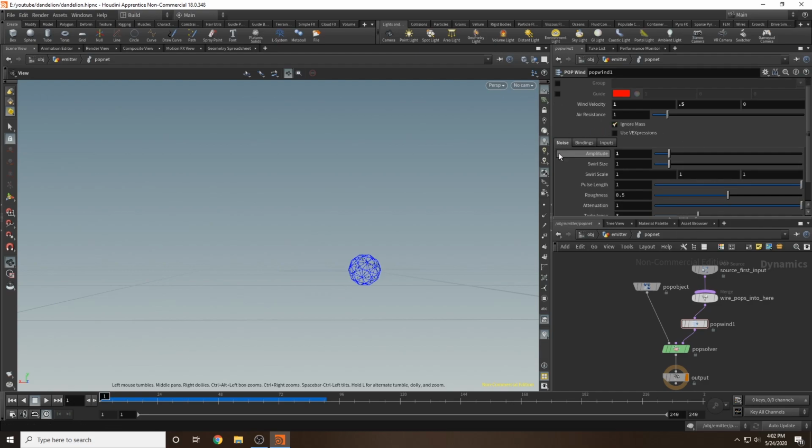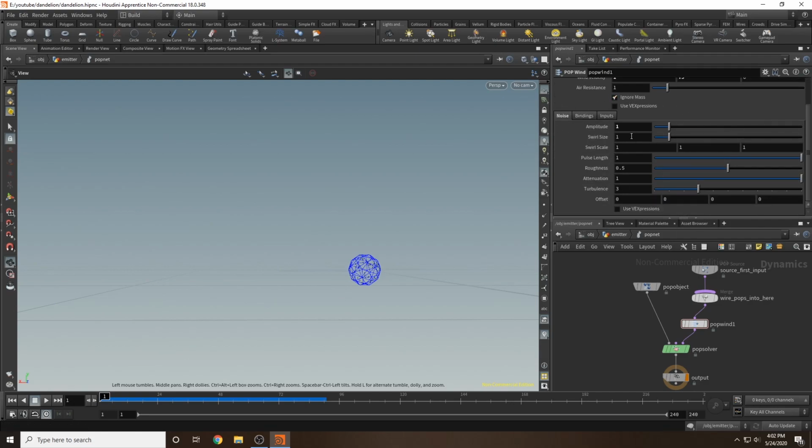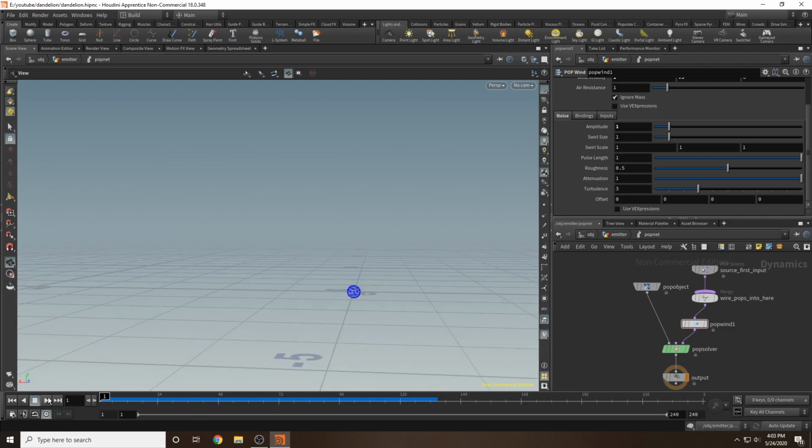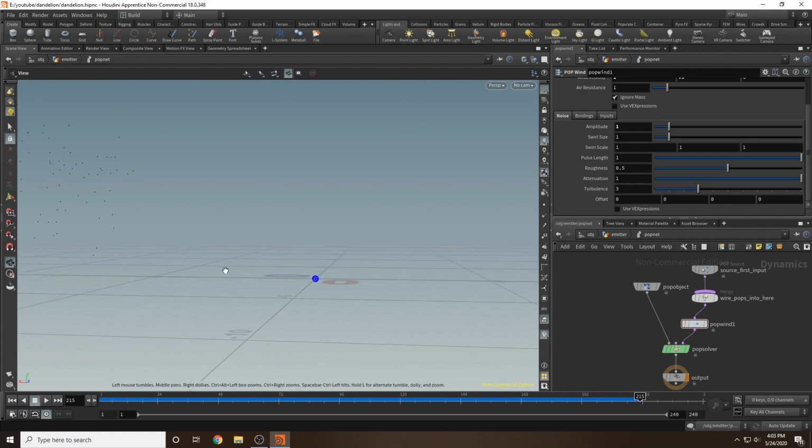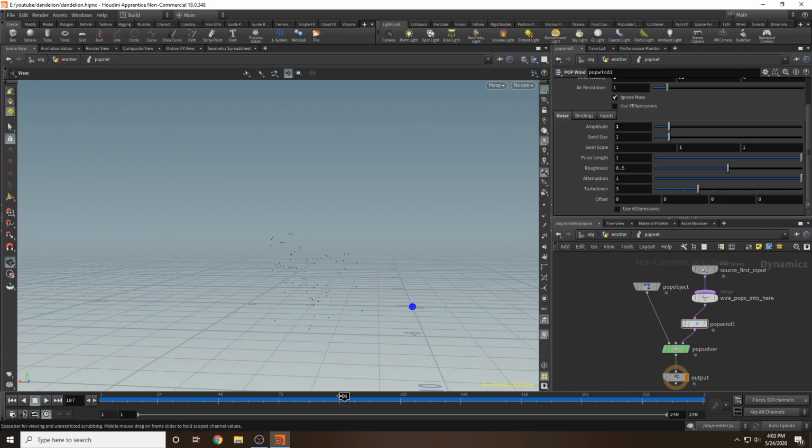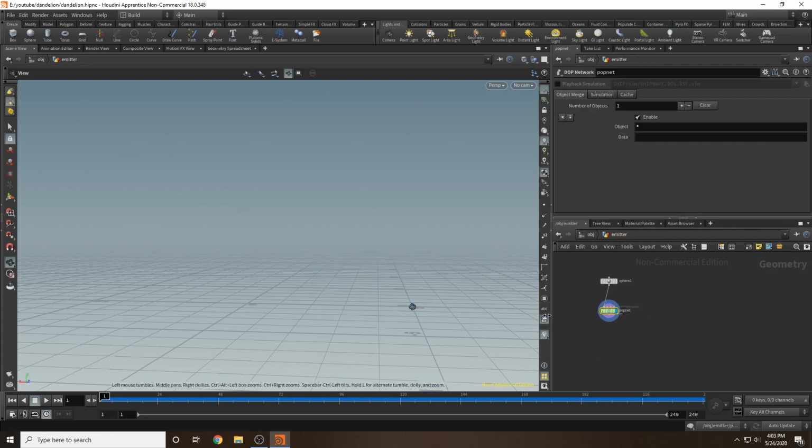If you want to change anything else, your parameters are right here. You can change the swirl size, and you can change the roughness. You can make them a little more jerky. This kind of looks like the wind is just carrying the seeds away slowly. Let's check it out in real time, how far they get. Okay. Looking good to me. Alright, so now that we have our particles to influence the motion of our seeds,